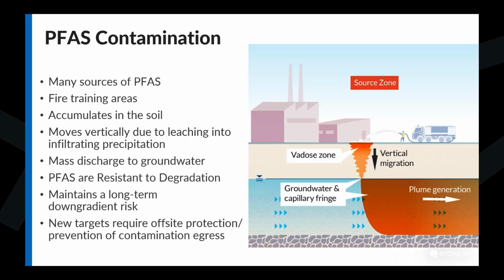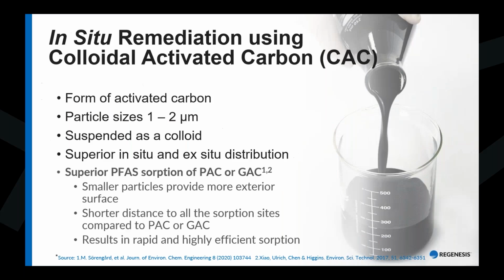What I want to focus on is data, and important data that are used to develop designs and remediation for a plume. In looking at remediating PFAS in situ, for those of you familiar with Regenesis, what we use is a colloidal activated carbon that's injected directly into the saturated subsurface. This colloidal activated carbon will create a barrier that will capture or retard the flow or flux of PFAS compounds through the groundwater and serve to stop it and keep it from migrating off site.